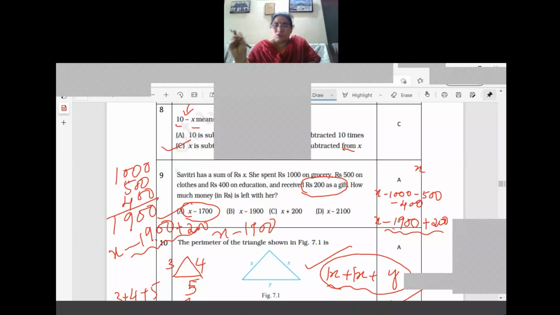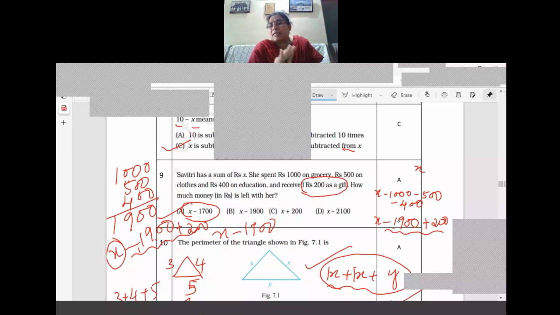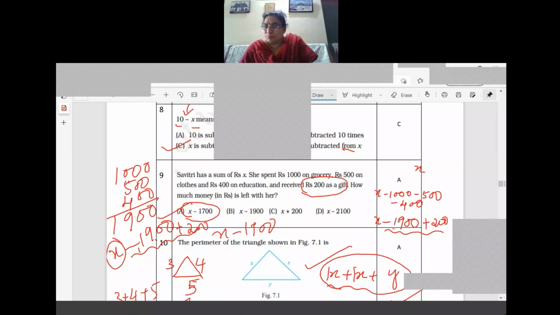Just to take a small example of 10 rupees, from that 7 is deducted. So what is the amount remaining? 3, isn't it? To the 3 we added 2 rupees. So total 5. Correct? The same concept only, but what is the exact amount she is having, that we don't know in algebra. That is why we are assuming x. From that, she spent 1,900, to that 200 is added. So what is the final answer? Minus 1,700 she lost because of the added advantage of 200. I hope it is clear now.